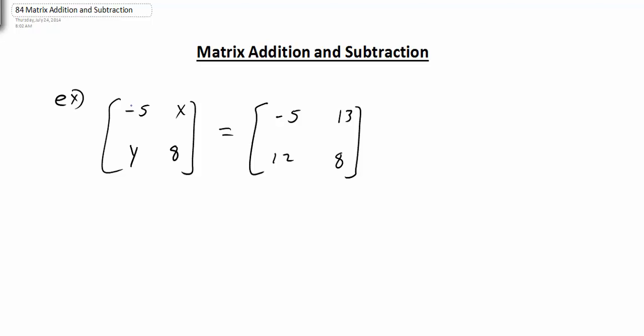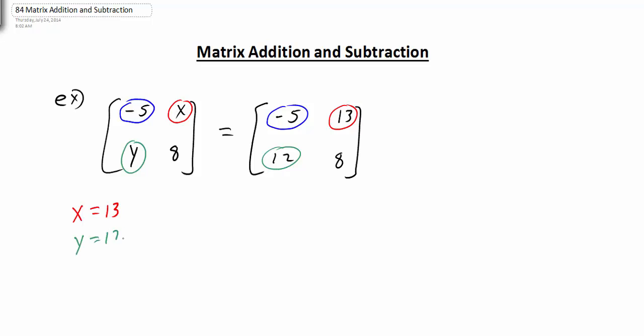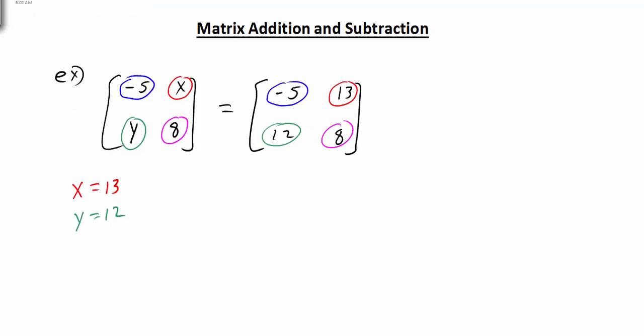If these two matrices are going to be equal, then that means that the corresponding entries have to be equal. For example, row 1, column 1, here we have a negative 5, so that has to be equal to row 1, column 1 over here, which is also a negative 5. So if these two matrices are equal to each other, then the value of x must be equal to 13. So here we could conclude that x is equal to 13, and then y would have to be equal to 12, and then of course here 8 is equal to 8. So in order for our matrices to be equal, they have to equal the corresponding entries. Let's look at another example,